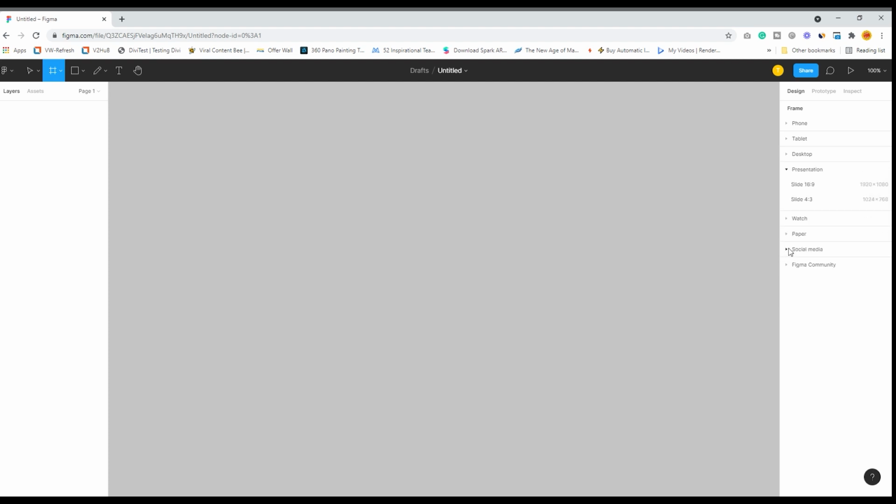If you are creating a presentation, you can have slide size of 16:9 and slide of 4:3. The 16:9 is the HD and the slide 4:3 is the SD. You can also create prototypes for Apple Watches, and you can create for normal print purposes, A4 size, A5.